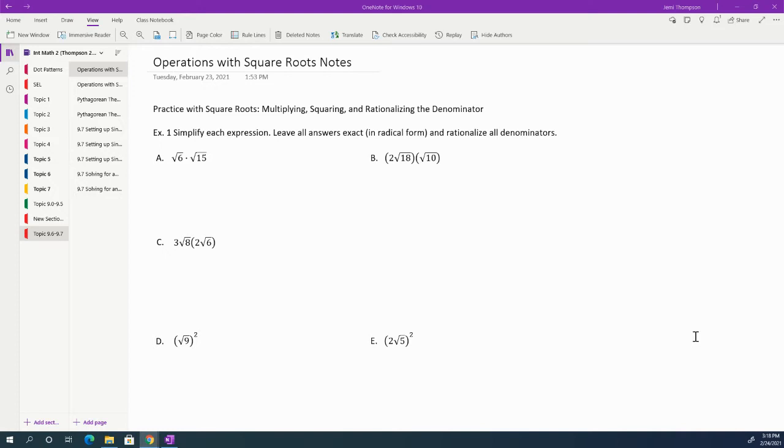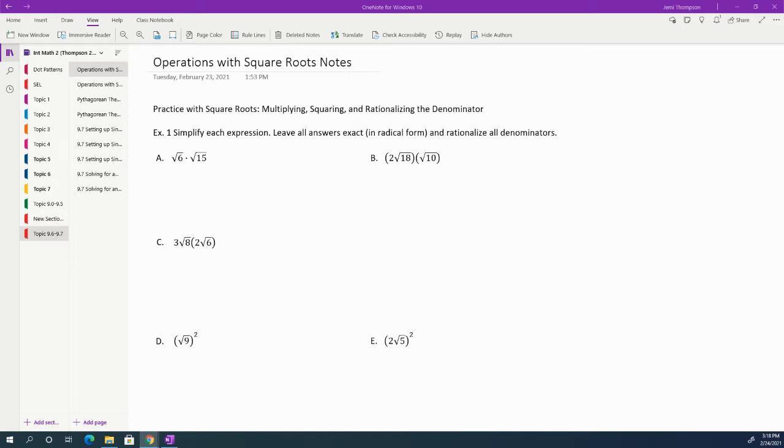We're just going a little bit into some of the operations with square roots. It turns out that there's no place in the integrated series that teaches this outright. They just kind of include it in some of the lessons going along. And I think it deserves its own special attention. So today we're going to be talking about 3 things, namely with square roots: multiplying, squaring, and something called rationalizing